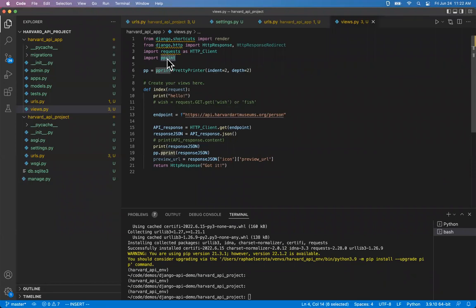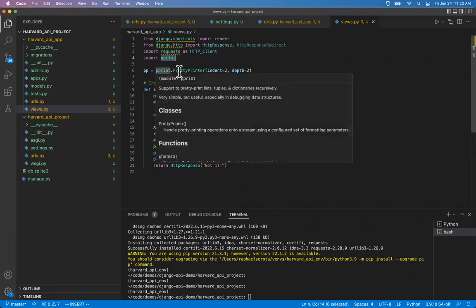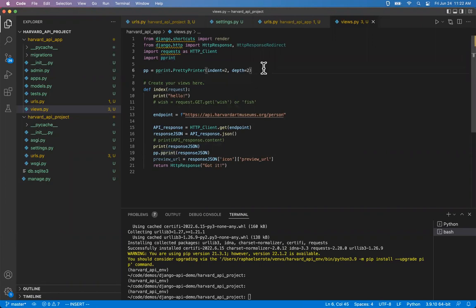So yeah, pprint is the name of the module, but I'm guessing it uses kind of an object-oriented design. So I can't just straight up print things with the module, but it wants me to create a printer. This way, instead of specifying indent and depth and all the other options right here, I just specify the options when I create the printer. And then I can use this individual printer